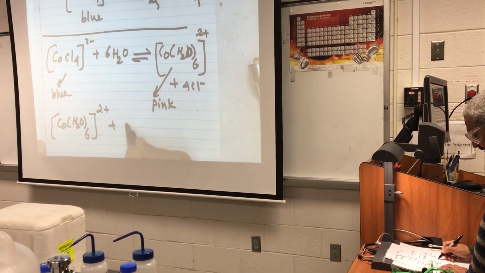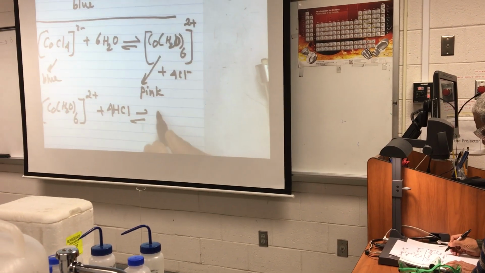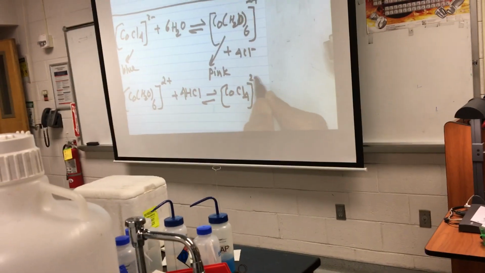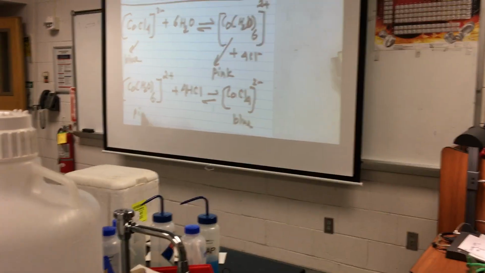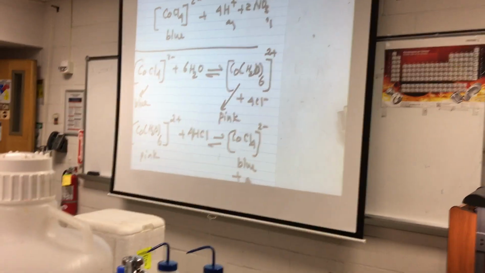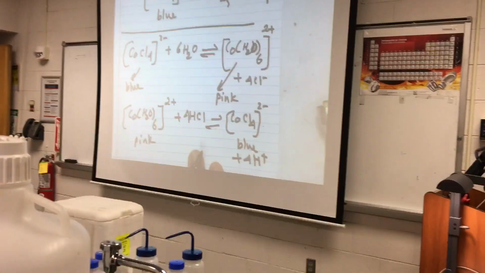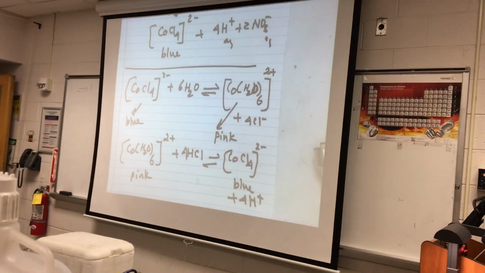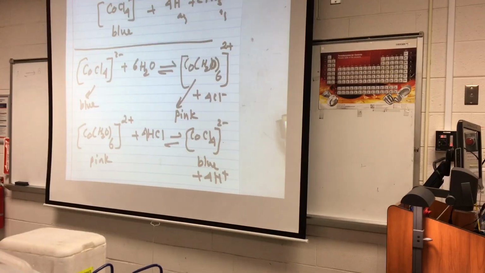and add to it HCl, I get what? Blue. This is pink. This is pink. The other one is blue plus 4H plus. So you can see now, out of this reaction here, I can what? I can shift the chemical equilibrium to the product side or to the reactant side, depending on what the stress